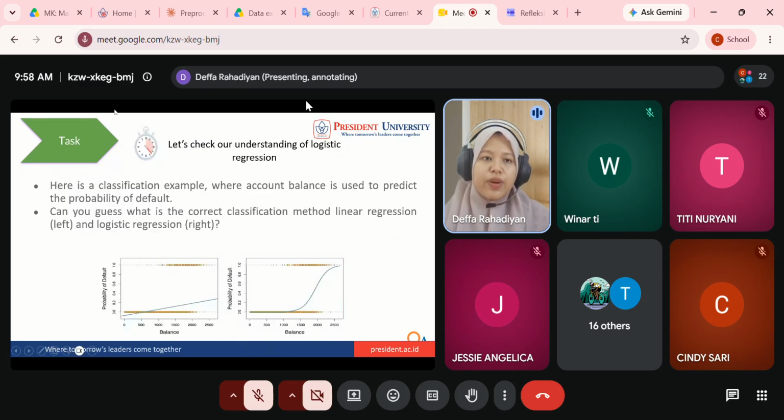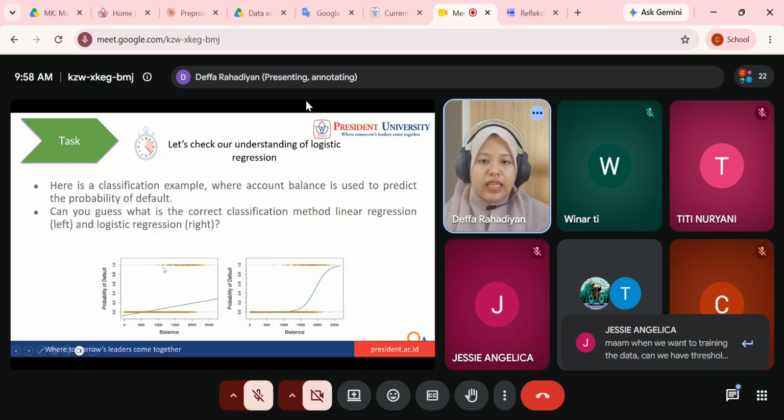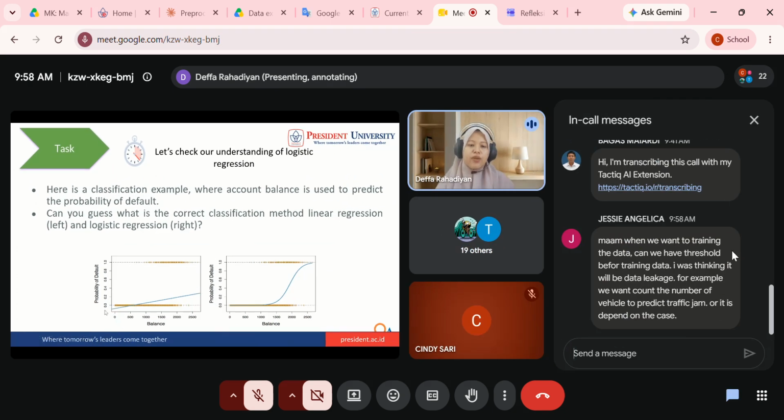If we want to compare, we have two types of data. If we use linear, we can see that it is not possible, since linear cannot split the classes very well.